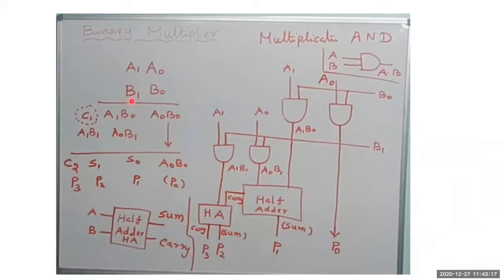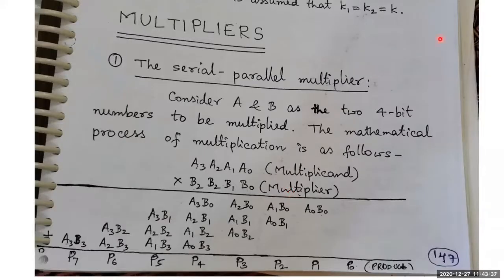If you try to do it with 1, 0 and 1, 1, take it as an assignment, you can do that. And after doing 1, 0 and 1, 1, try to draw this circuit. You will get the same kind of thing that I explained over here. So this is regarding the binary multiplier for two-bit numbers. Okay. Now let us see the same kind of multiplier for these kinds of numbers.